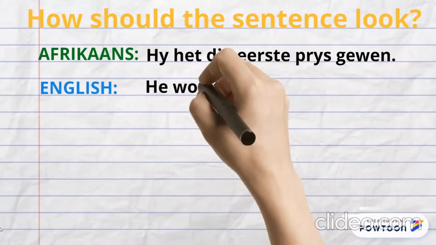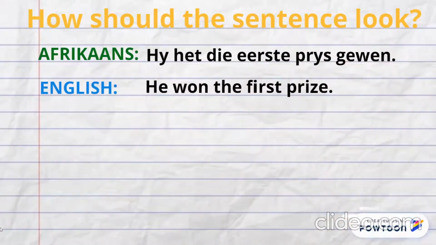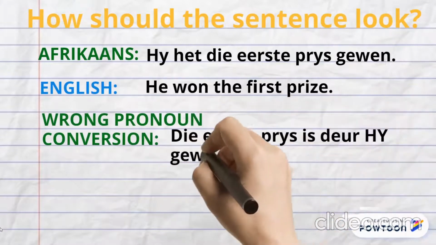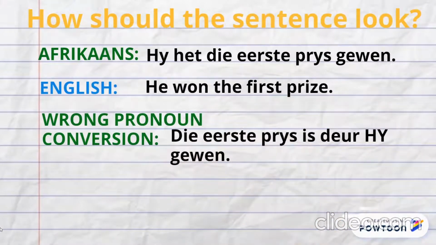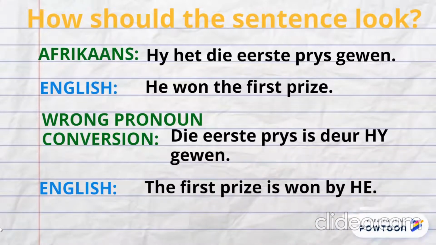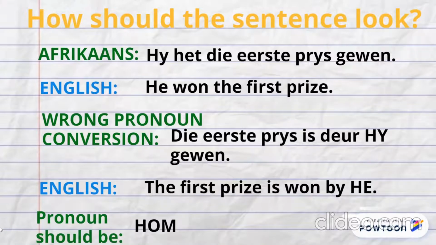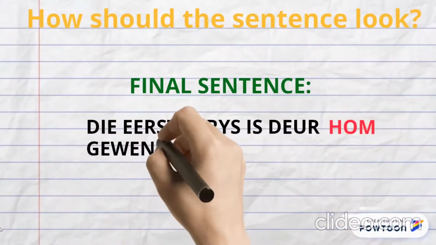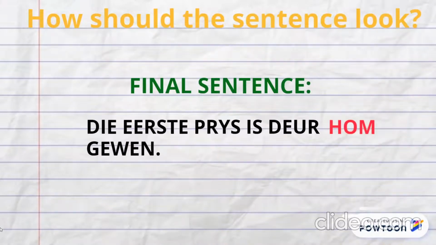The sentence is Hy het die eerste prys gewen, which in English means he won the first prize. If I convert it without changing the pronoun correctly, it becomes... In English, this means the first prize is won by he, and this makes no sense. It should read him. In the end,